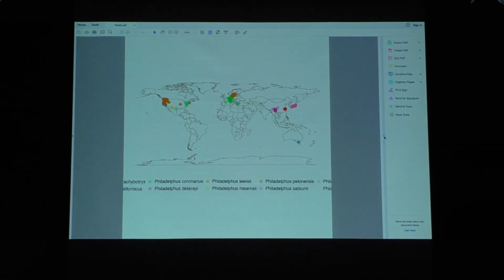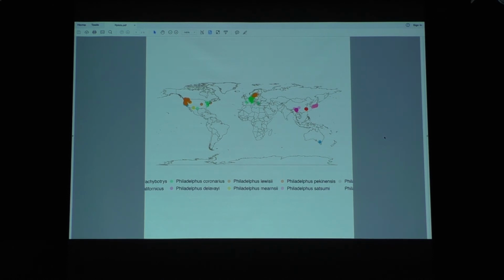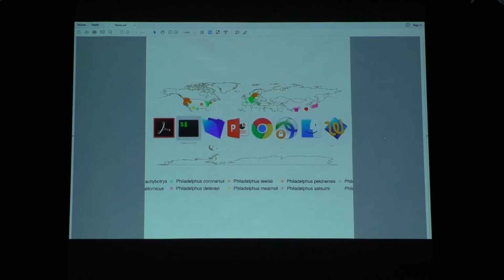We just generated a distribution map of where all these Philadelphus species occur in our record. Now, I'll note that I haven't implemented the filters that pick the highly credible results that are coming out of herbaria, our expert taxonomists that rate these things. So sometimes it could be somebody with a photo saying, oh, I think it's that. So you've got to filter that out. So I've pulled up things where I found Cornus florida naturally occurring in Europe where it doesn't. But the idea is, you can at least pull up these figures on the fly if you want to just talk about one taxa group, maybe for another presentation in the future. So it's a very convenient way of just getting all that information without having to do a lot of searches.